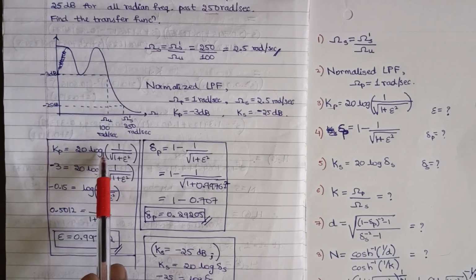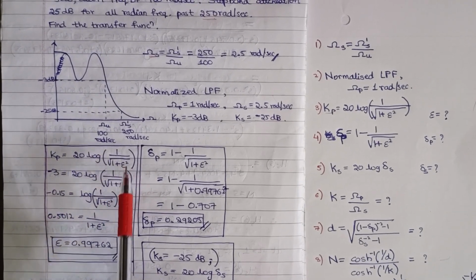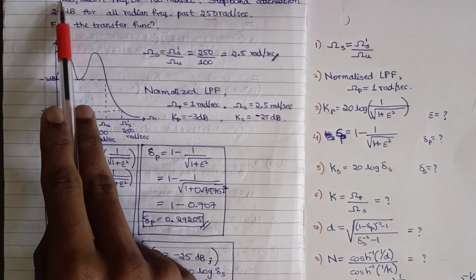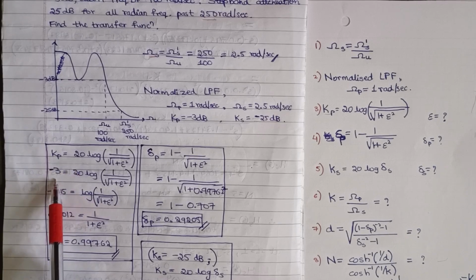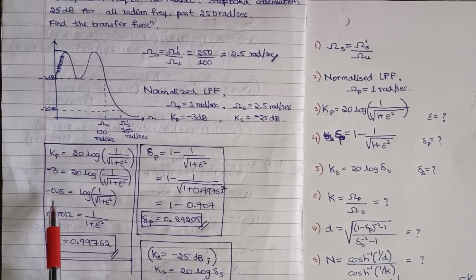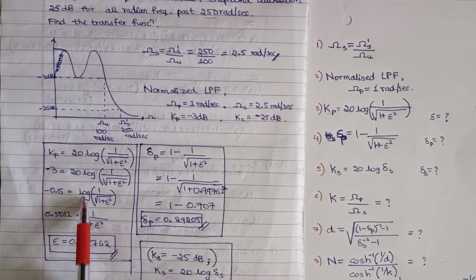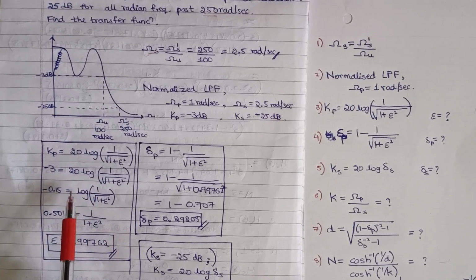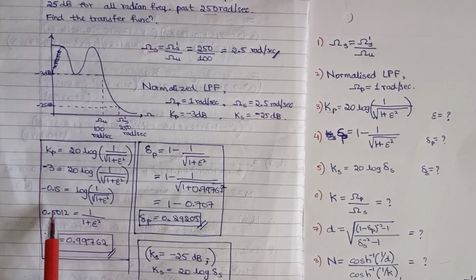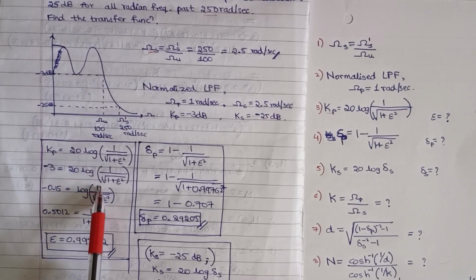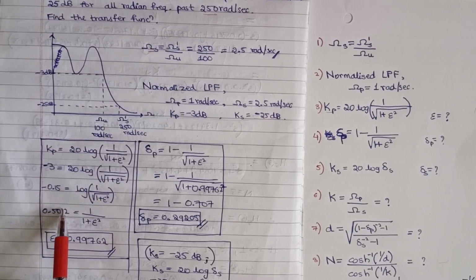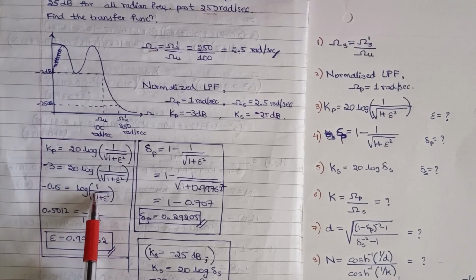Kp is equal to 20 log 1 divided by under root 1 plus epsilon square. Kp is minus 3 dB. Sending 20 to the denominator, we get 0.15 log. Log to the base 10, therefore 10 raised to minus 0.15 is 0.5012, and 1 divided by under root 1 plus epsilon square. Squaring on both sides,